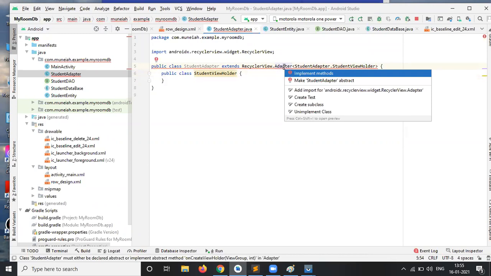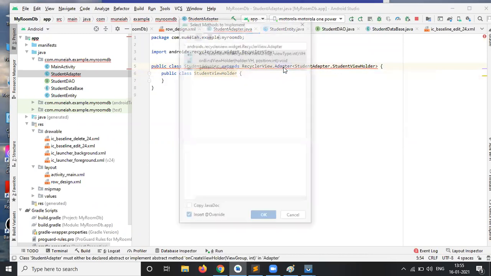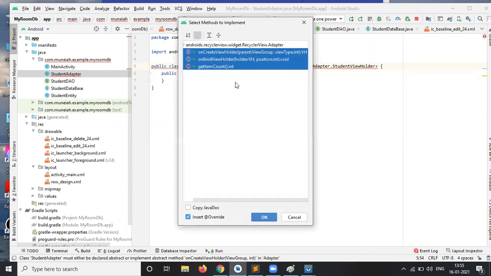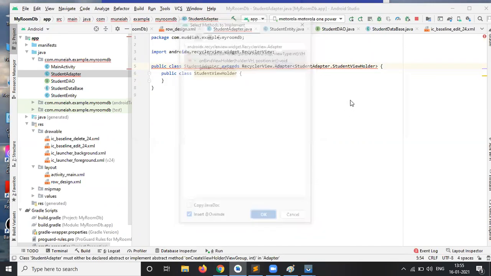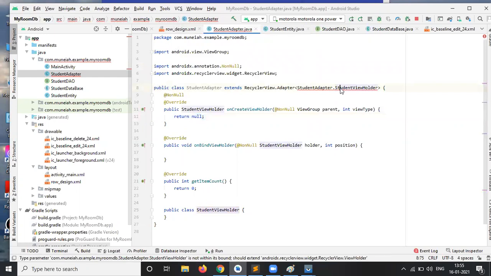Now it's time to take the implement methods. Three methods to implement: onCreateViewHolder method, onBindViewHolder method, then getItemCount. So you can just click on the OK button. Now again we are getting an error in the StudentAdapter.StudentViewHolder class.